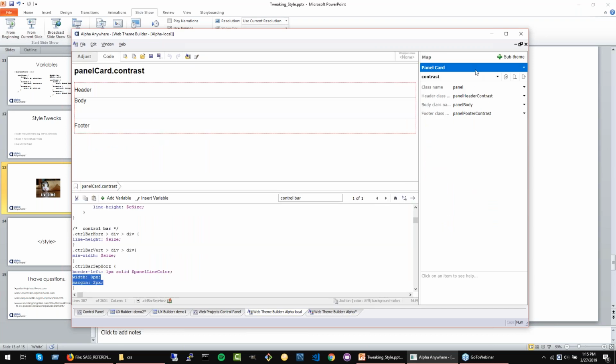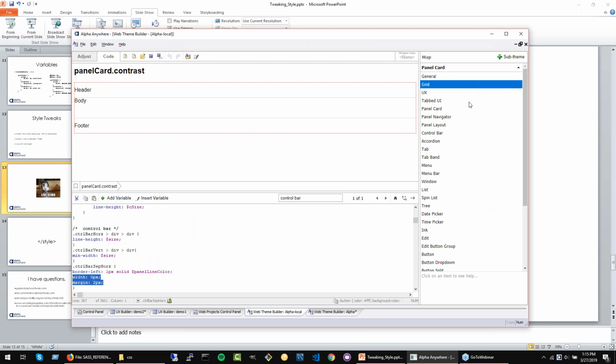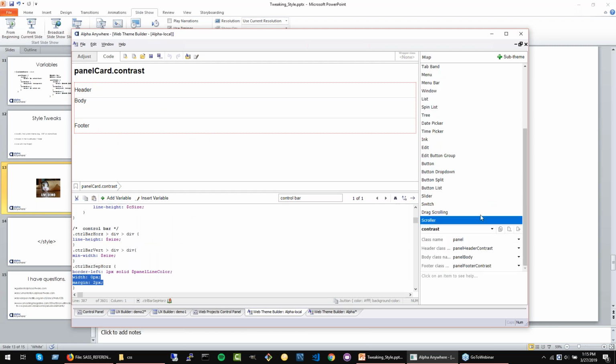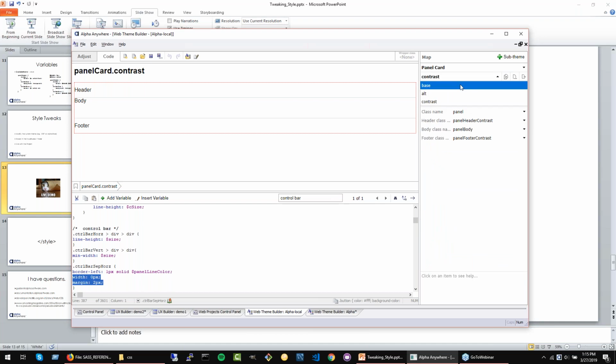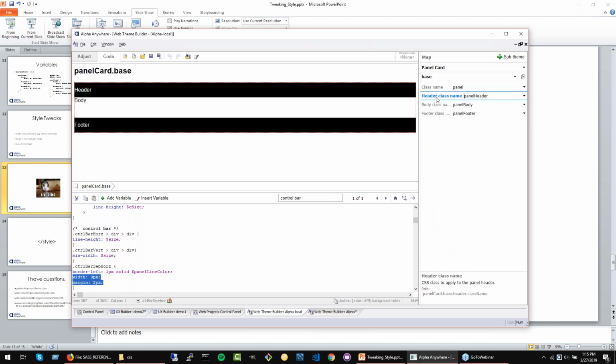You go over to the code part, select panel card in the base theme, and you'll see this header class name, panel header, is the one assigned here. So this starts to give you an idea. If you then take that class and search for it,